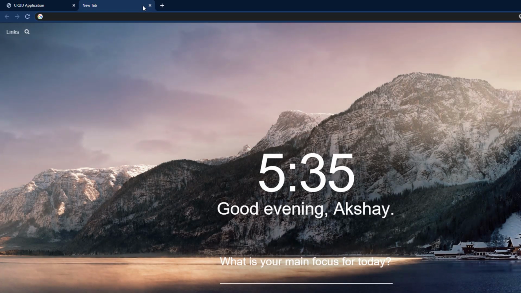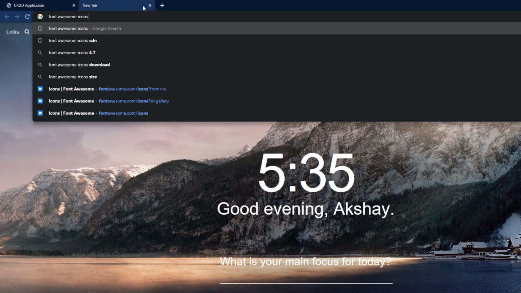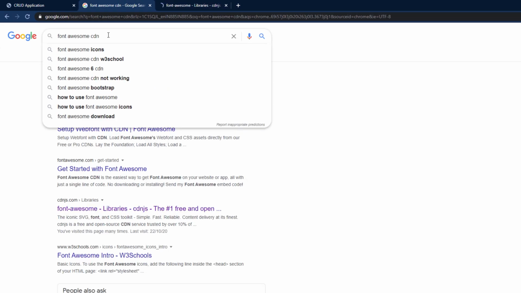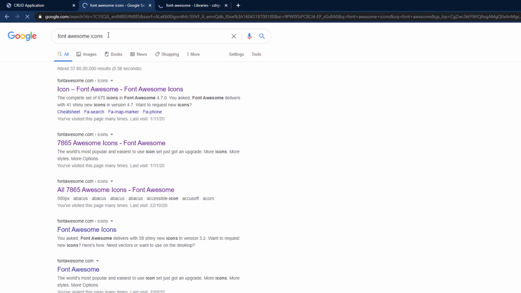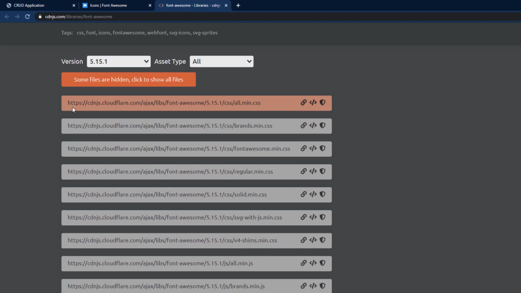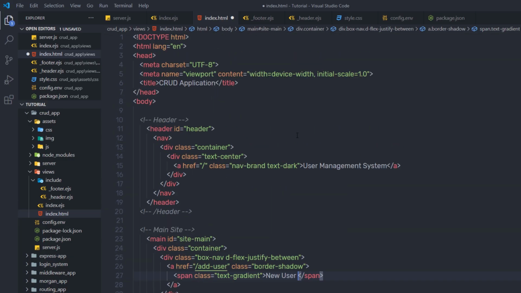So I will just go back to my browser and open a new tab, and here I'm going to search for Font Awesome CDN. So I'm going to link this font using a content delivery network. So I'm going to click on this cdnjs.com, open this in a new tab, and in this tab I'm going to open the Font Awesome icons, this one, and go back to the cdnjs.com, copy this first link, all.min.css, right from here